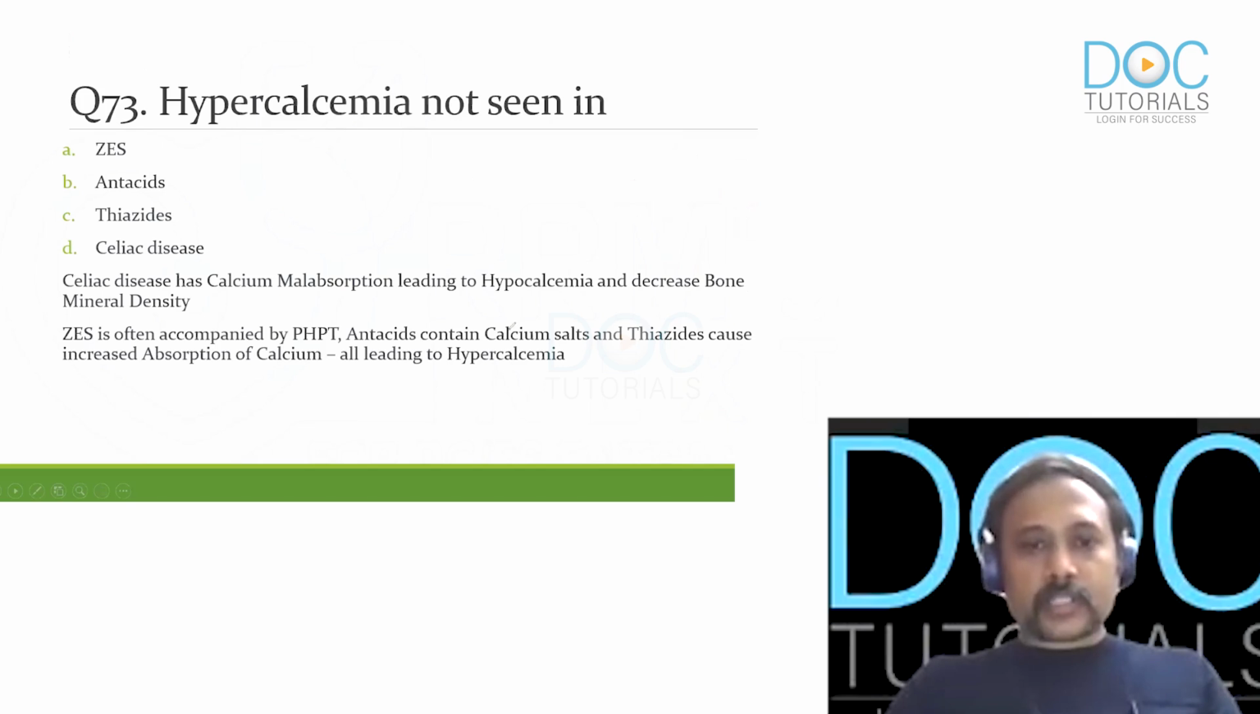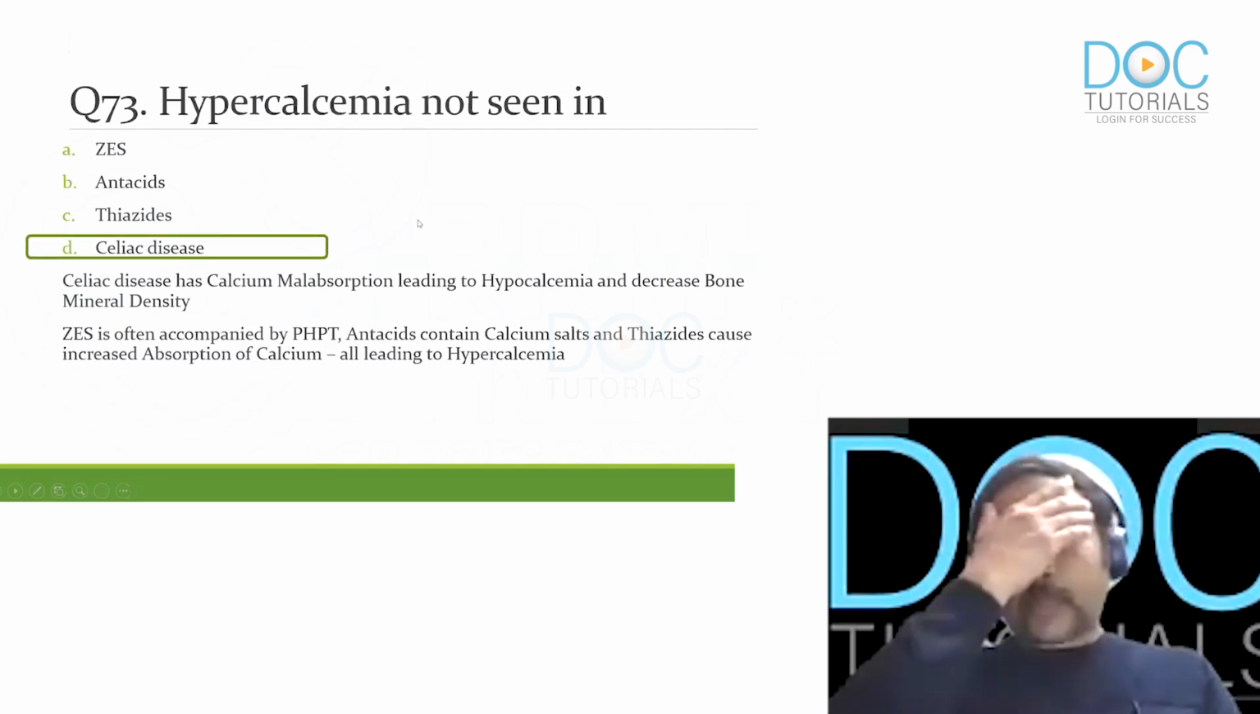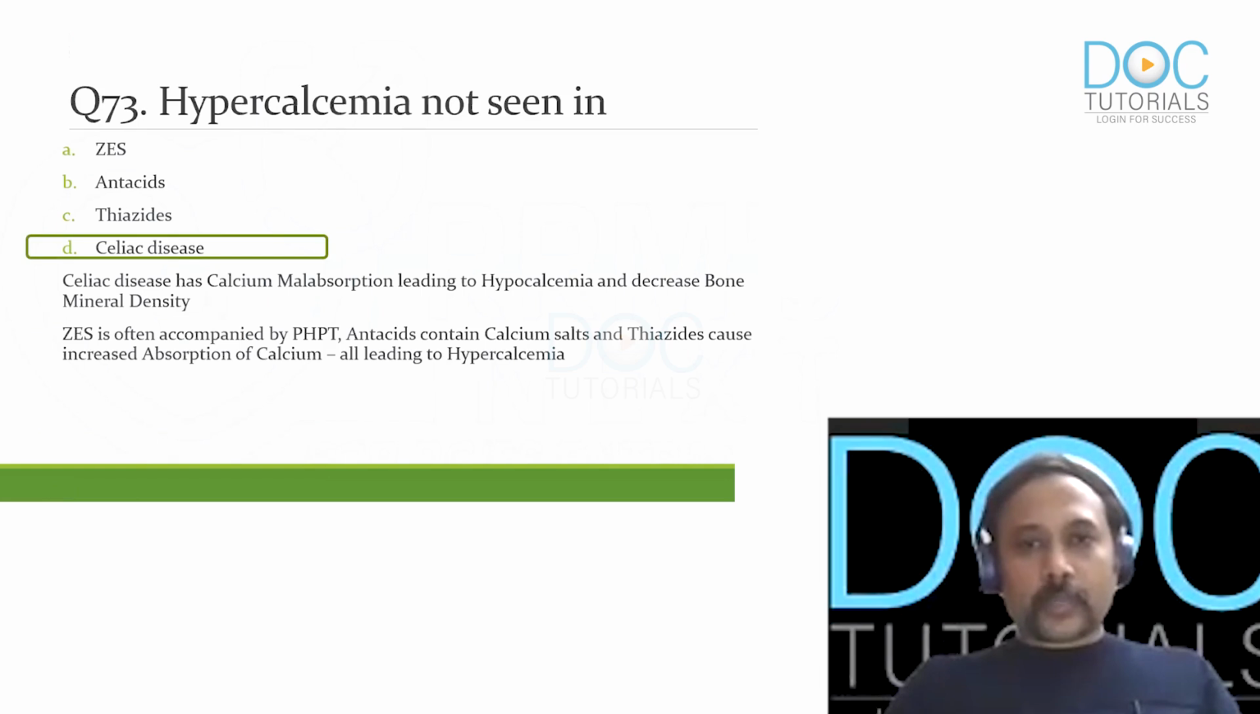In all other things, you will get your hypercalcemia. Why? Because you will find that ZDS is often associated with hyperparathyroidism, leading on to hypercalcemia. You will find thiazide diuretics will cause calcium absorption, leading on to hypercalcemia. And again, many of the antacids actually contain calcium salts. So that also will lead to